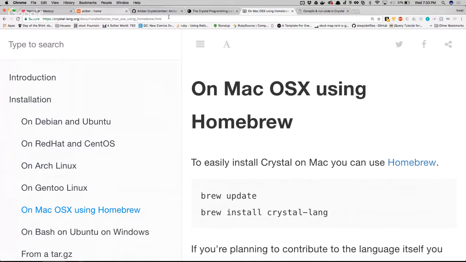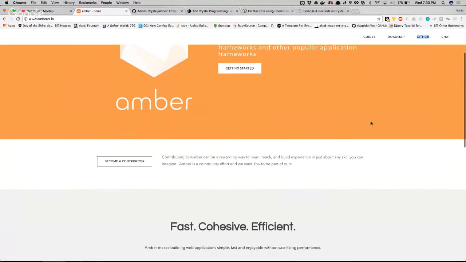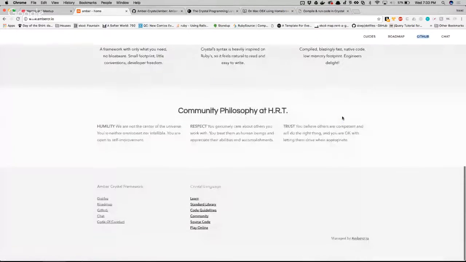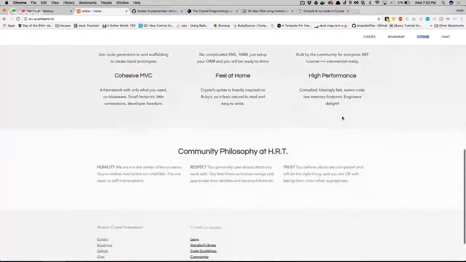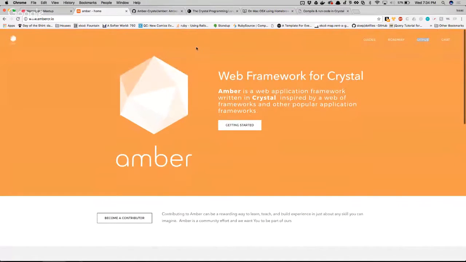So second thing, this is the Amber homepage. It doesn't really do anything but give you a few links right now, so mostly ignore it unless you need to Google something. It has quite a few contributory things on it that some people have commented about on Reddit. But anyway, go to the GitHub.